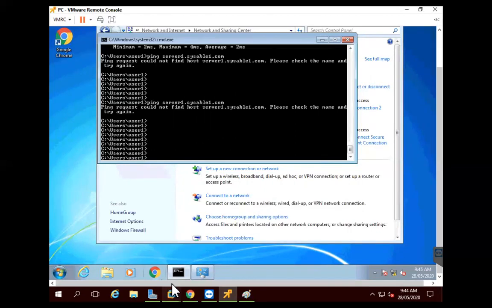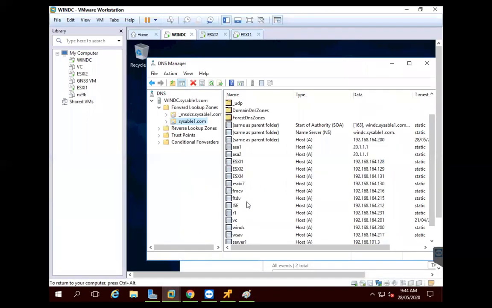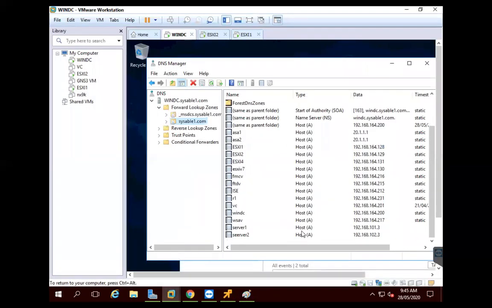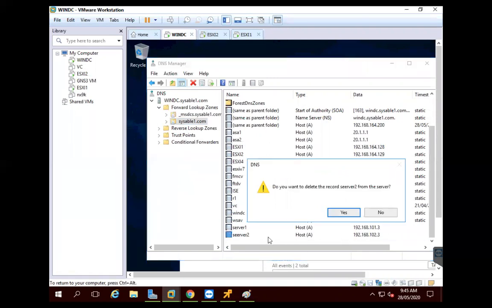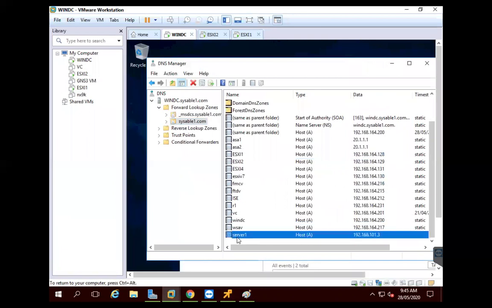So that's an issue of my DNS server. Okay, again the name problem, sorry. But server 1 should have been pinged.